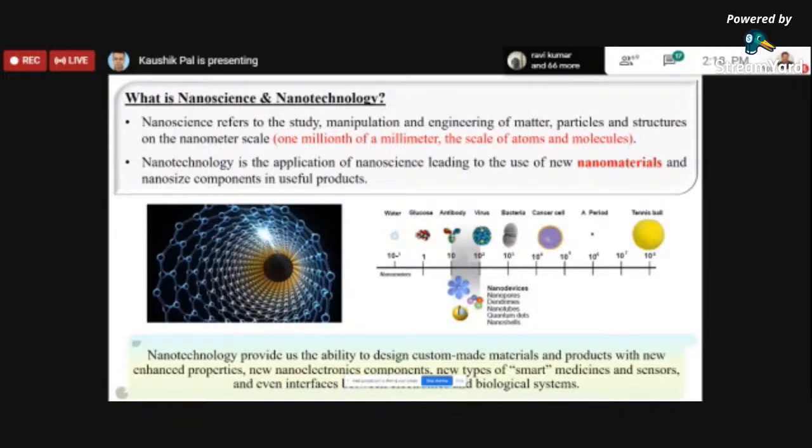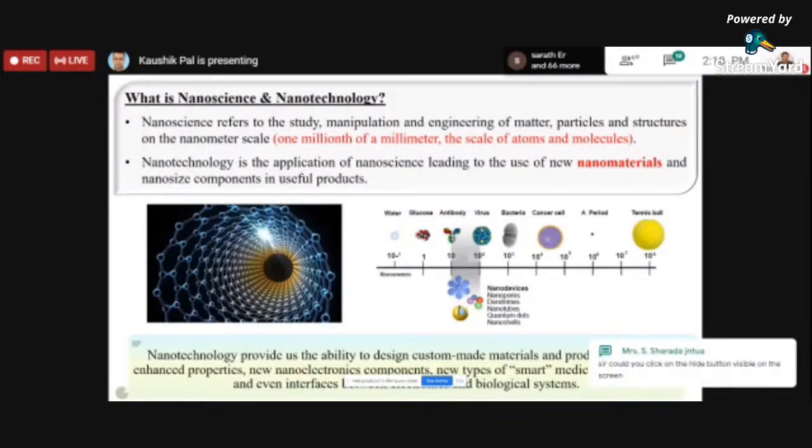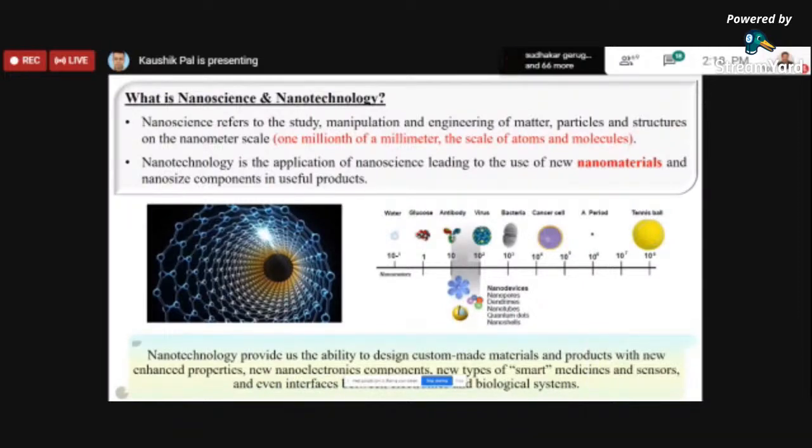Because new nanomaterials means, why I am talking about the new word is that every material has certain pros and cons. Every material has some advantages, and of course certain disadvantages too. And also, from the society point of view or the scientist point of view, our demand is increasing every time. We want better properties, we want better materials,